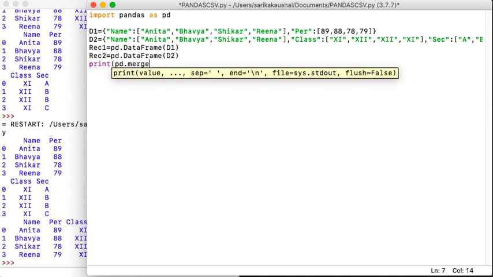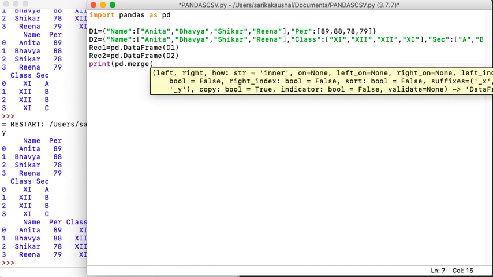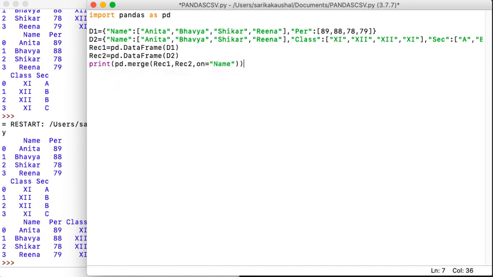अब कौन कौन से डेटा फ्रेम्स को हमें मर्ज करना है हमारे को. वी वांट टू मर्ज द फर्स्ट डेटा फ्रेम rec1, देन आई वांट टू मर्ज इट विद rec2. नाउ व्हाट इज the joining criteria? So I need to merge it with respect to my name. So I'll use another or the third attribute called as on, and I just simply say name. All right. So now when I do that and I just print it, let's see how it works.